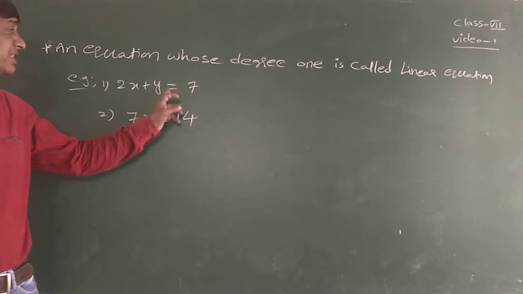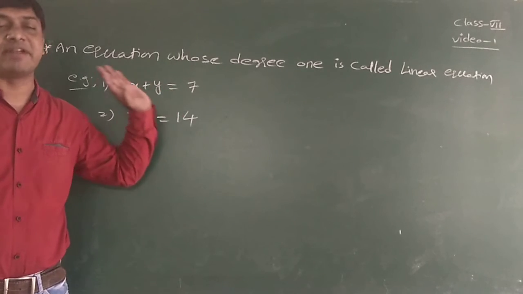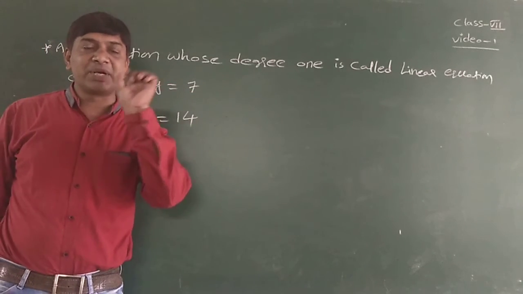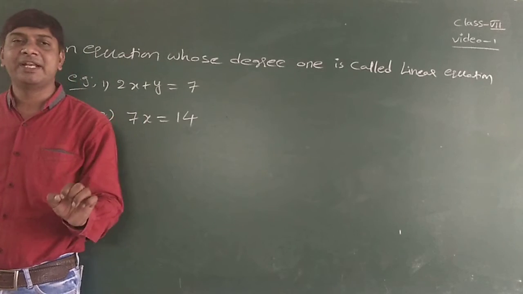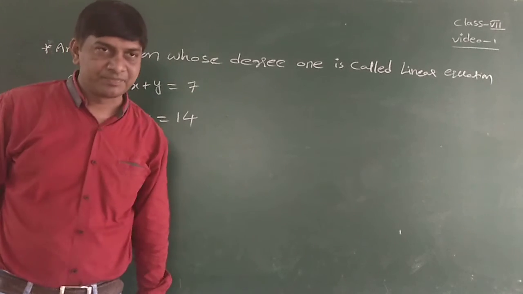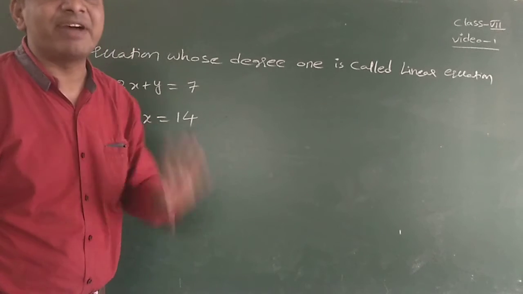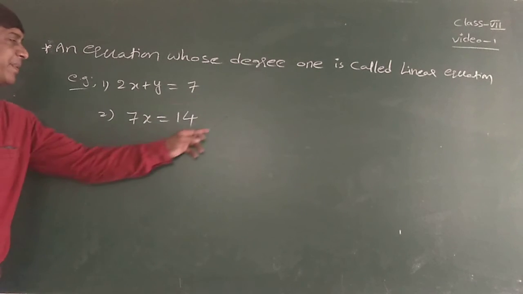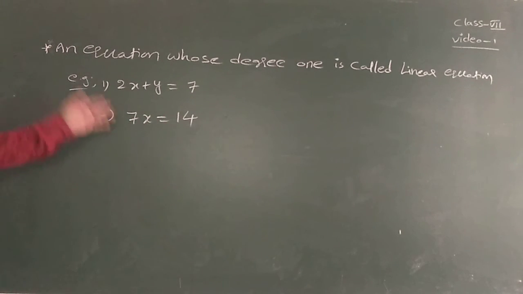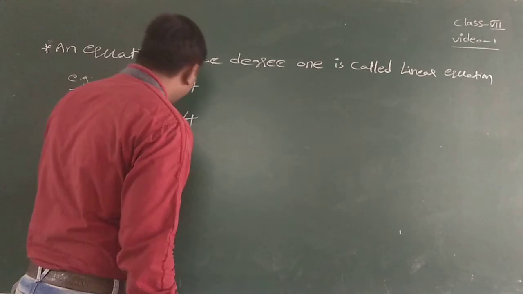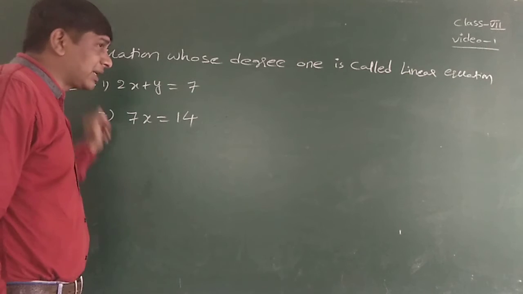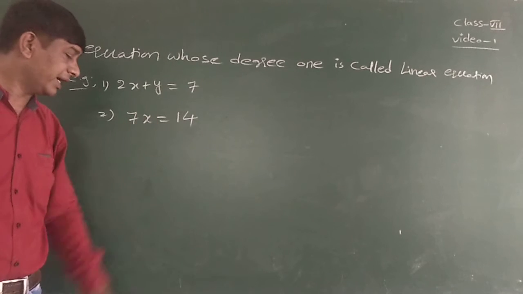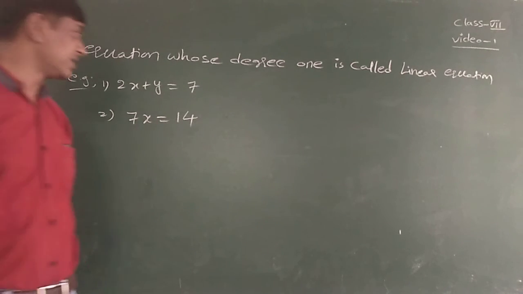Okay. This is not a simple linear equation. This is only a linear equation. Whereas this one is a simple equation. This is not a simple equation. A simple equation means a linear equation which has only one variable. A linear equation which contains only one variable is called a simple equation. Now your topic is simple equations or linear equations. Okay, linear equations means both will come, whereas a simple equation means this one, the simple linear equation. Okay, we will discuss the simple linear equation now.